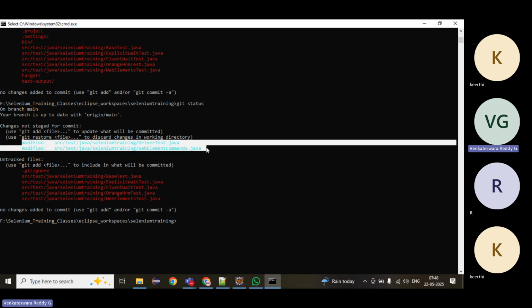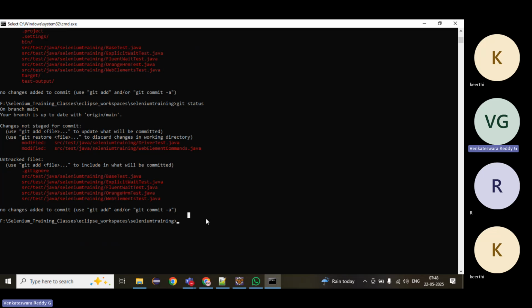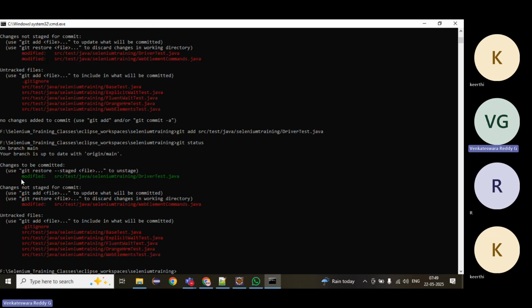Perfectly sure. What are the modifications? Modified files, new files. Now what I can do is simply git add. If you want to commit only one file, git add, see what it is saying, git add file. Suppose I want to commit only this file. Git add, just copy it, and press enter. It will add. Now if we type git status again,